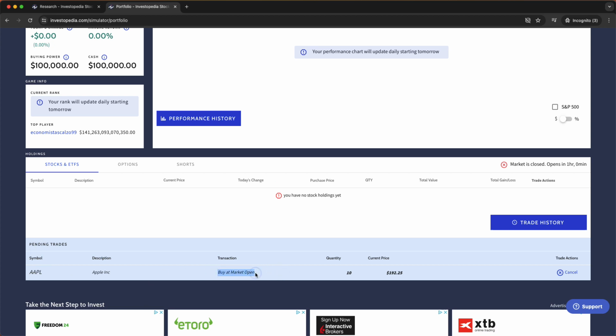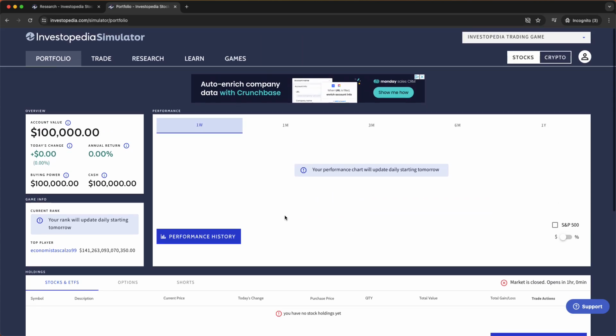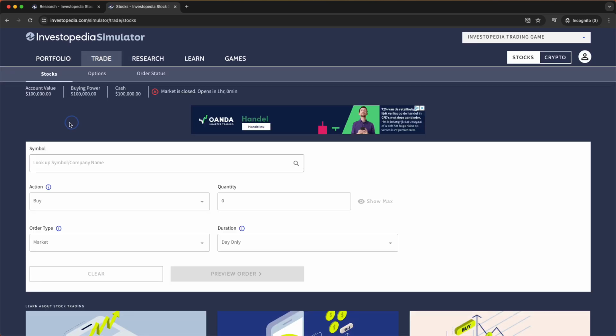Buy at market open, because the market isn't open right now. Yeah, it won't buy, but when the market is open, it will buy 10 Apple stocks for me, for the price of 192, and I can cancel it very easy. And basically that is it. It's very easy. It's very straightforward, because you just need, if you want to buy, you go to trade,